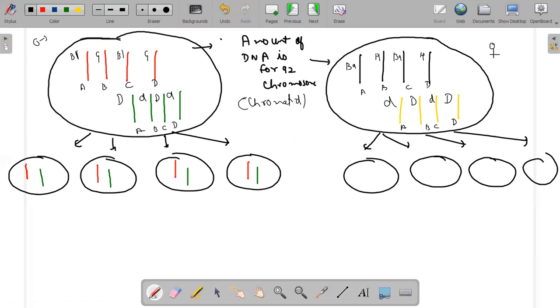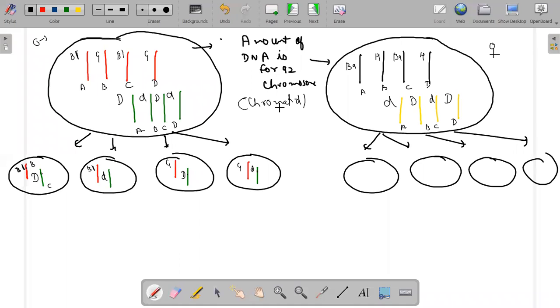So here I'm writing that this B1 goes with this C1. This one is B and this one C. So what is the allele? The allele is for blue eye. And here the allele is for dark skin color. Blue eye and dark skin color. Here you can make any random. Here I'm making blue with light skin color again, and here I'm making green with dark skin color and green with light skin color. Any two random chromatids can come together.